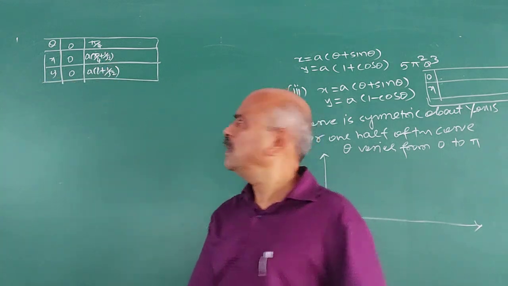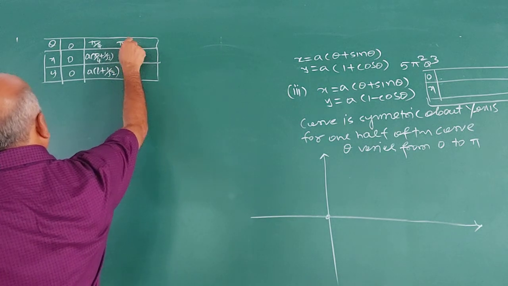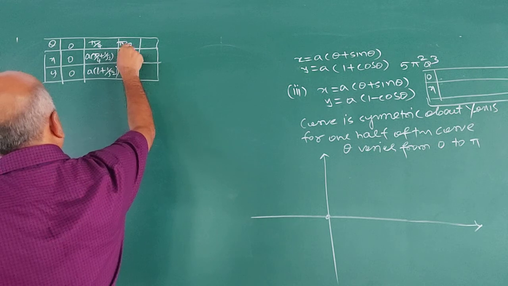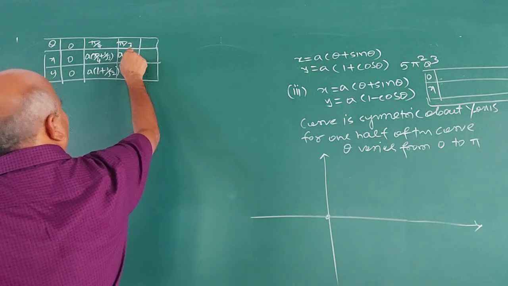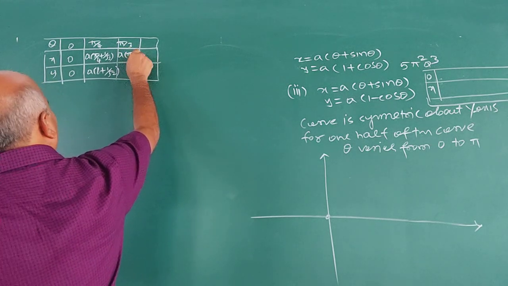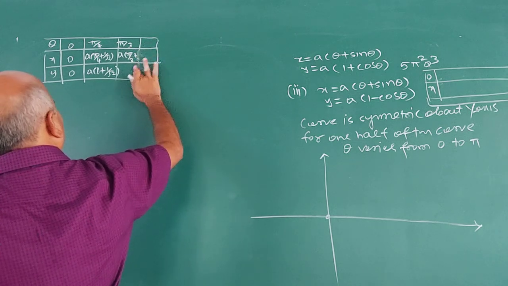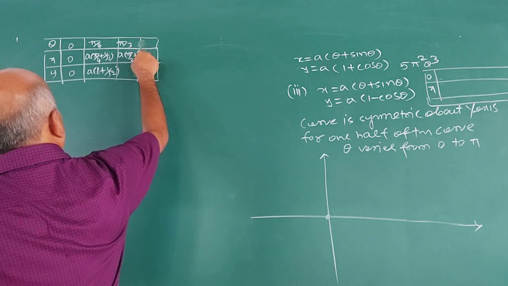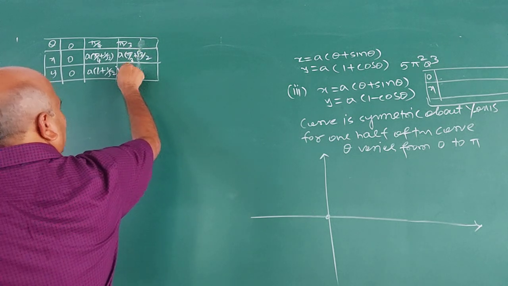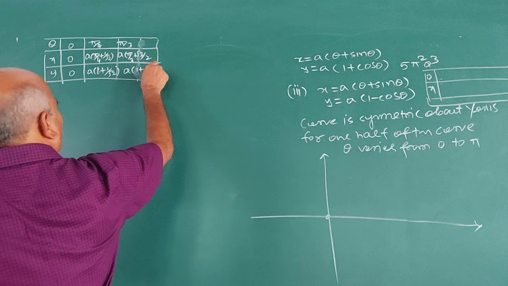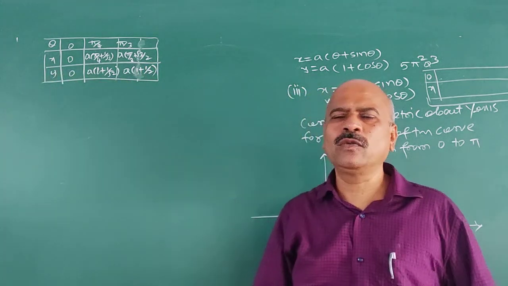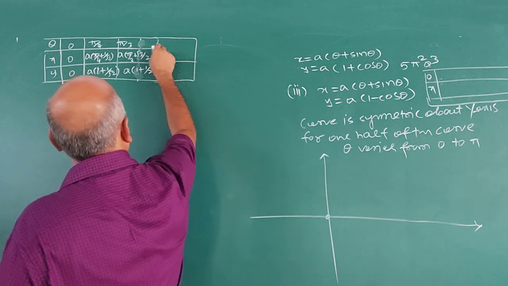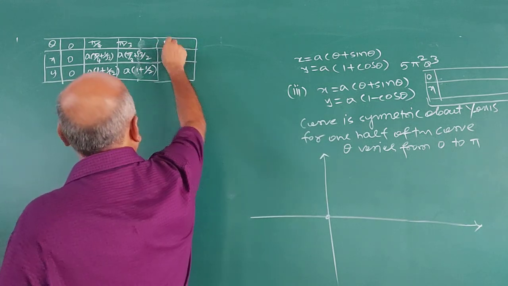When theta is pi by 3, x is a into pi by 3 plus sin pi by 3, which is root 3 by 2. What is y? A into 1 minus cos pi by 3, which is half, so y is a by 2. And when theta is pi by 2,